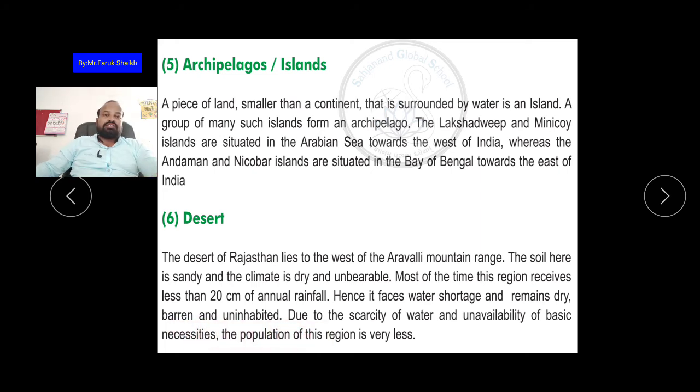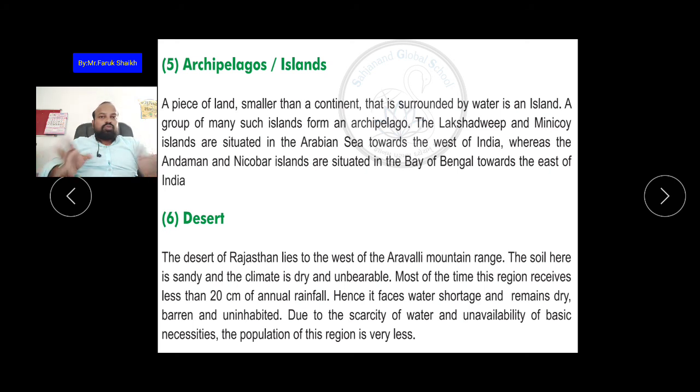In the Rajasthan desert region, they receive only 20% of the annual rainfall, and that is why many times in the summer season, people have to face a shortage of water and this area remains dry and barren. There are not many trees there, and that is why it is uninhabited, meaning people are not living there,